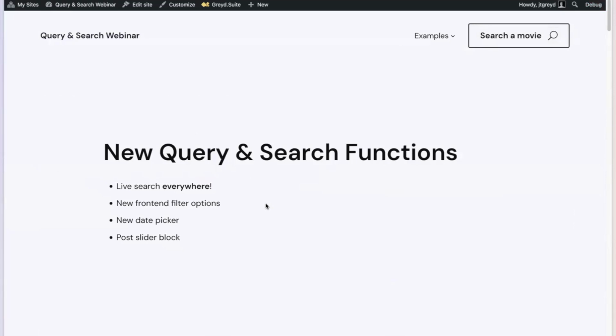And then we have some new features as well, and new blocks. We're going to take a look at new filter options and a new date picker block that came with the latest update. And last but not least, we're going to talk a little bit more about the setup and things that are working under the hood. It's now called the post slider block, and why we built this, what is different. And actually, there are some more features in there, hidden in there that you do not see at first glance, maybe.